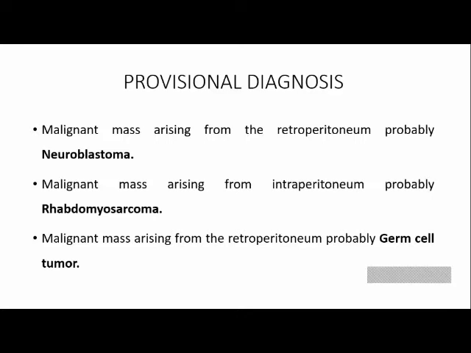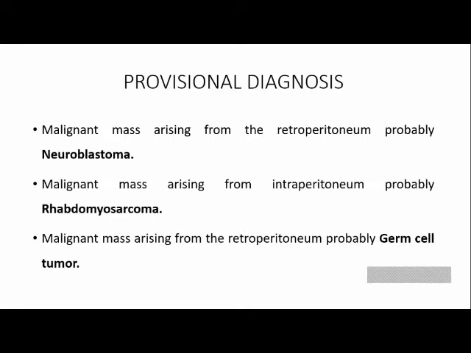Jyoti, it is here that I would want you to take up and discuss the differential diagnosis. These are the cases which actually come to you initially and you work up. What are the things you look for when assessing a mass abdomen? Usually, for a mass abdomen, we keep a few diagnoses: neuroblastoma, Wilms tumor, rhabdomyosarcoma, germ cell tumor, and the others being hepatoblastoma and hepatocellular carcinoma. Here it is written malignant mass arising from the intraperitoneum, but the common site of RMS is retroperitoneal, not intraperitoneal.